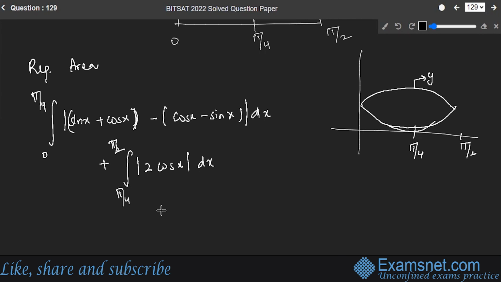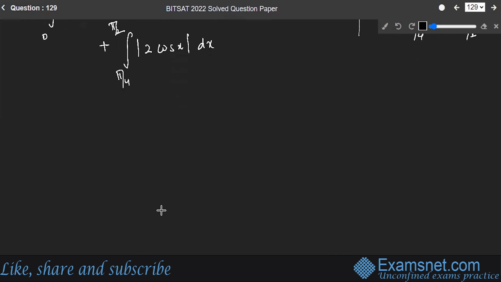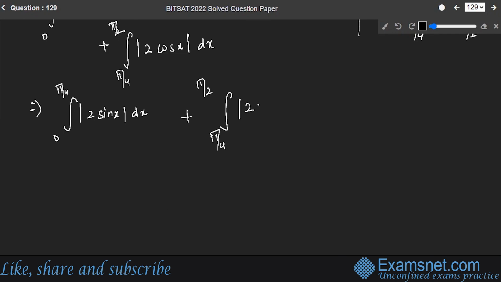Okay, so these two things will cancel, and the integrals now will be the integral of 2 sin x dx from 0 to pi by 4, plus the integral from pi by 4 to pi by 2 of 2 cos x dx. This is equal to 2 taken outside, cos x from 0 to pi by 4